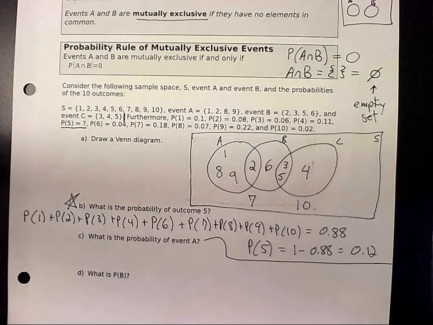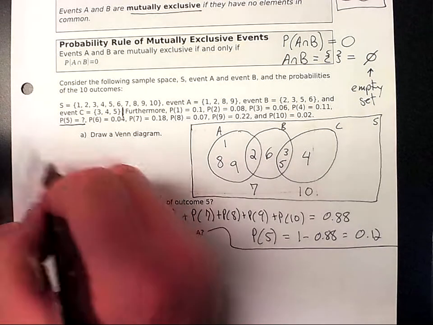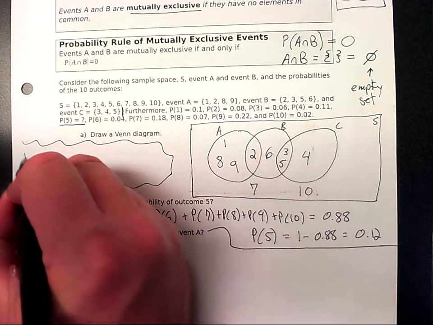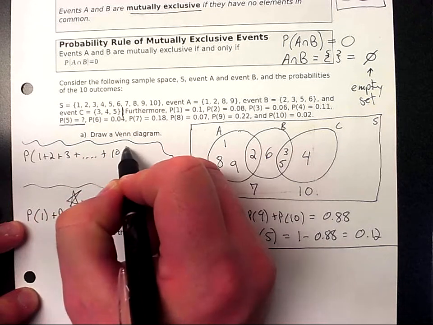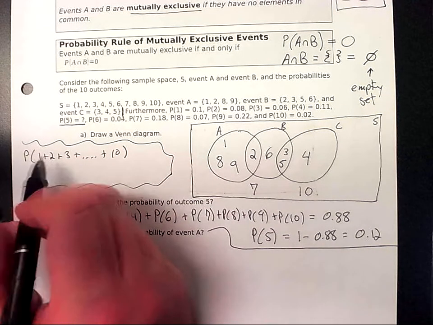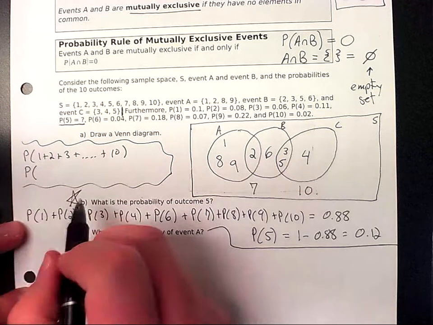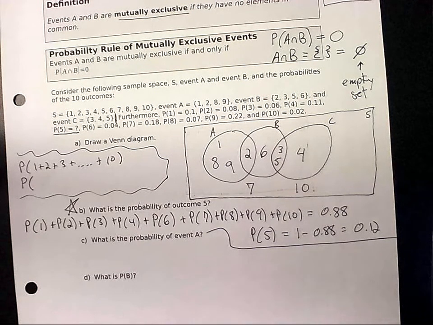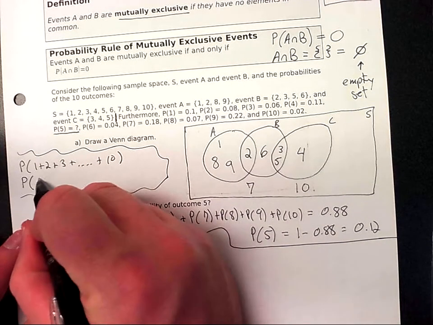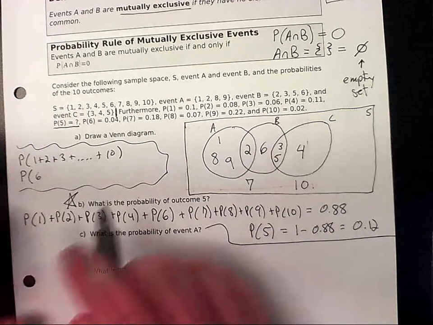Yes? Can you write it as probability of 1 plus 2 plus 3 plus like that, or in one bracket? So no, because what you're saying here is this, right? Just to make sure I'm understanding you right, let me put that up here. The probability of 1 plus 2 plus 3 plus blah, blah, blah plus 10, right? Well, technically speaking, if you do this, then you're adding up all these numbers, so it's going to be something like 50-something, or 60-something. So here now, if I am asking you what the probability, well, let me make sure I get this right. So it's going to be